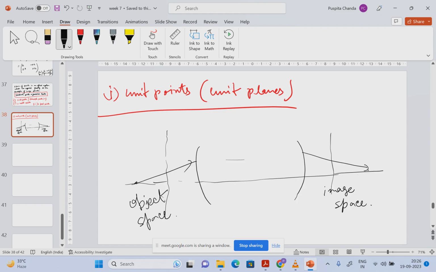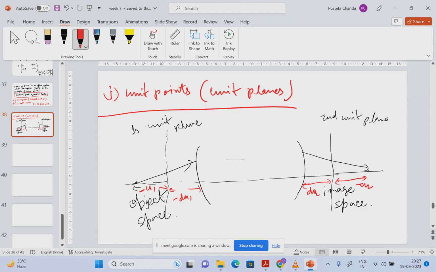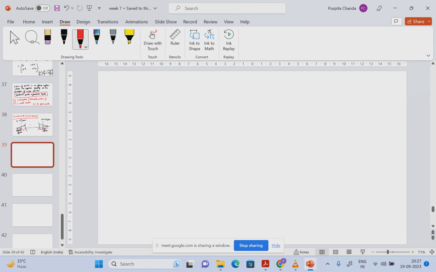So here we assume the first unit plane in the object space, and the second unit plane in the image space. So this distance, I have assumed that minus DU1 is a distance, DU2 is a distance, and the distance U2 or V, let us call it V. So, let's go to